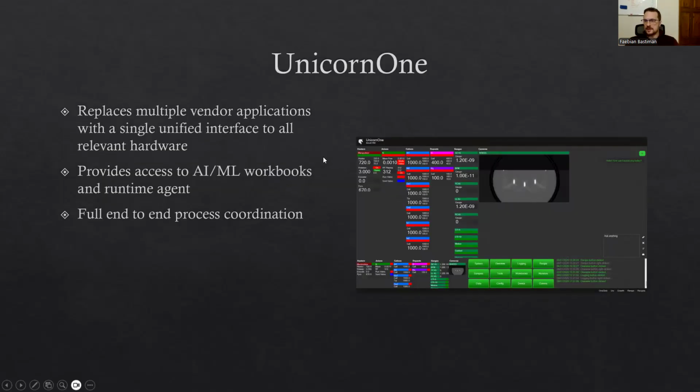So this is our application that we have developed. It's called Unicorn 1, and it actually replaces multiple individual vendor applications with one single unified interface to all the hardware. Now, this solves a few problems when you want to use, for example, a metrology tool, and this one uses a tool called RHEED, to